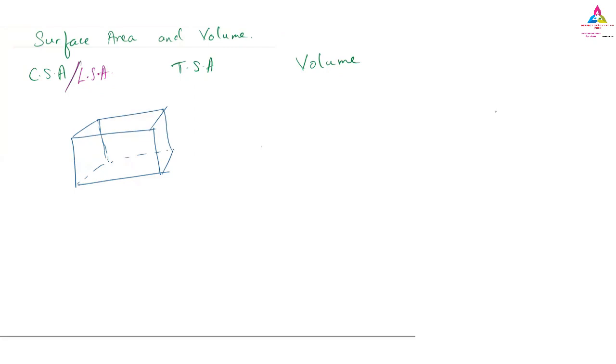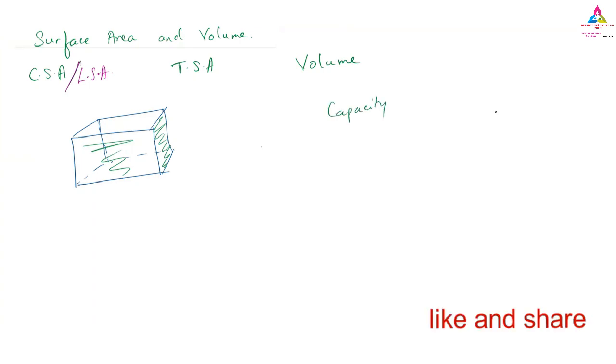It is the space covered by an object. It is the face covered by the object, meaning the outside, the space on the faces of the solid. Then it is called the area. But volume means what? It is the inside thing. Inside means how much we can fill, or the capacity, what you have told, capacity. So capacity is the volume.